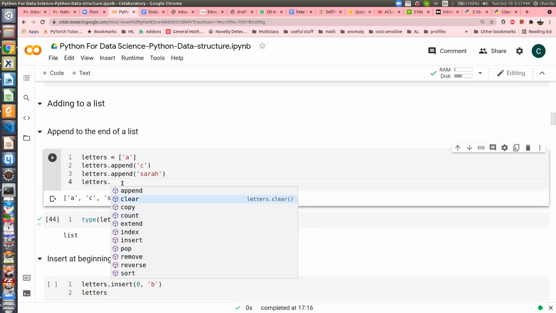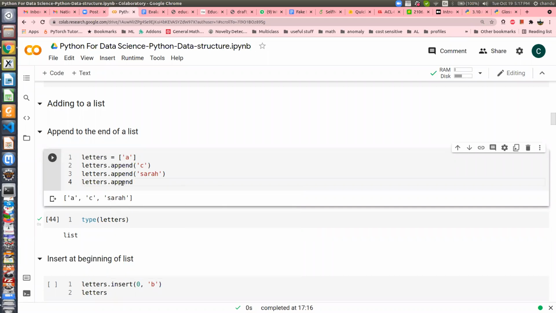Append is the first method you can call on this object. I can go ahead and type append and the bracket. Then it further says what it takes. This function, append, is a method that takes the object. Can you see? Append object to the end of the list. It gives you the hint of what it will do, right? Similarly, you can check all other methods.